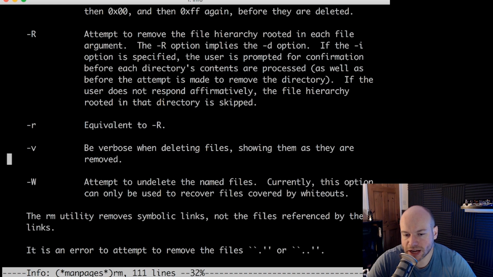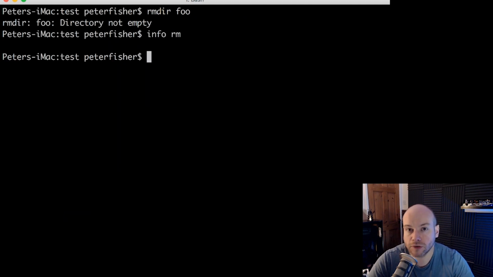So if we scroll down to the bottom, we're going to use -v, because -v does it verbosely. Whenever I do this, and this is personal preference, I like to see an output afterwards of what was removed, just in case I've done this by accident and I removed something that I shouldn't have. So to come out of this, as usual, just press Control D, or Control C, sorry,